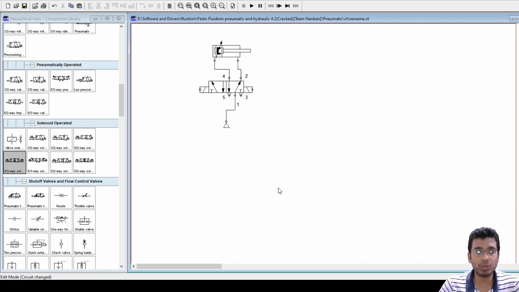Fine. Anything else do I have to do here? Come on, now I need some input from your side. No, just now I'm not doing any automatic. I'm just trying to extend the cylinder and control the cylinder by using 2 push buttons.